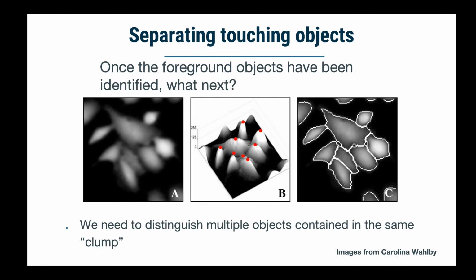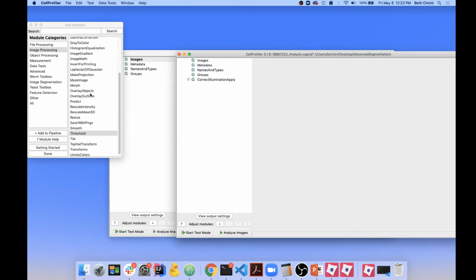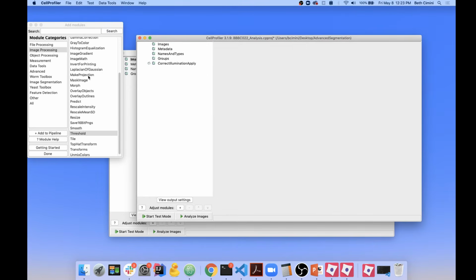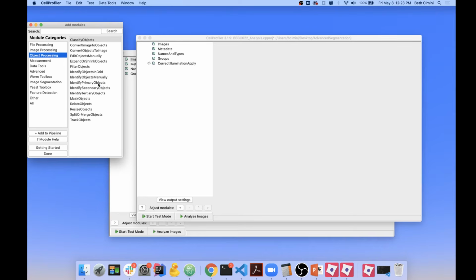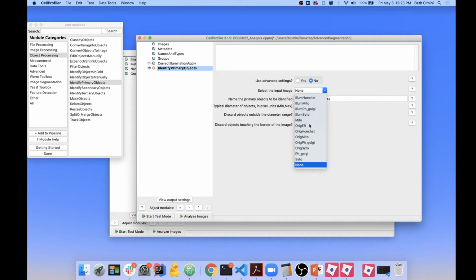And there are a couple different ways that CellProfiler can do that. Let's go now into looking at actual object detection in CellProfiler. Now, in general, you're going to start with the Identify Primary Objects module. Identify Primary Objects is used whenever you want to find objects in an image and you don't have any previous objects that should be taken into account. You'll see in a little bit exactly what I mean by that. But if I want to start by identifying the nuclei, I